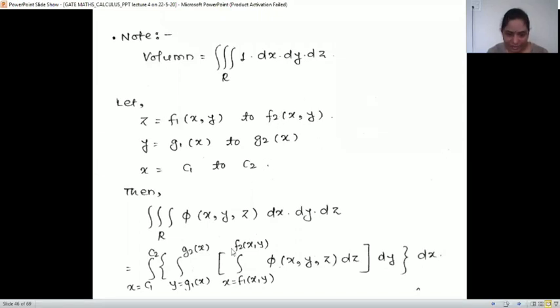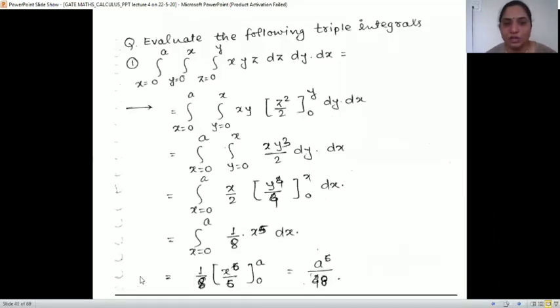Wherever it is a function of x, y, we have to denote it as limits of z. If it is a function of x, we have to denote it as limits of y. And if remaining, then z and y are fixed, then these are limits of x. Okay, then there is a question. If it is not given, we have to decide which are the variables.